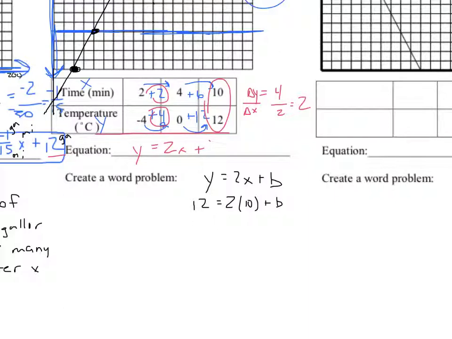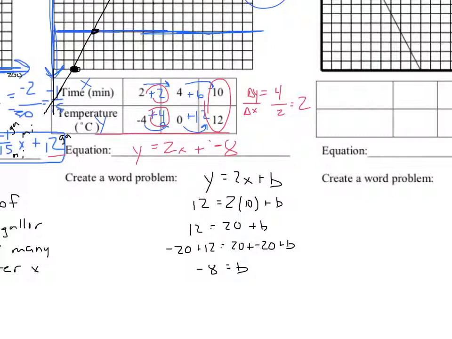What do we know that should be true about b? Should it be positive or negative? Yeah, it should definitely be negative, because we can see that from our graph over here. And it should definitely be something below negative 4. So I'm going to get 12 is equal to 20 plus b. Negative 20 plus 12 is equal to 20 plus negative 20 plus b. Negative 8 is equal to b. So y equals negative 2x